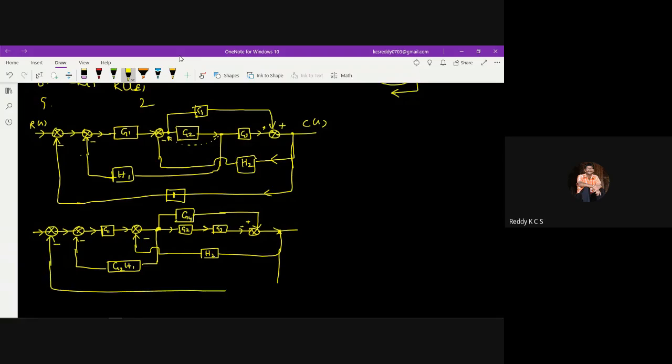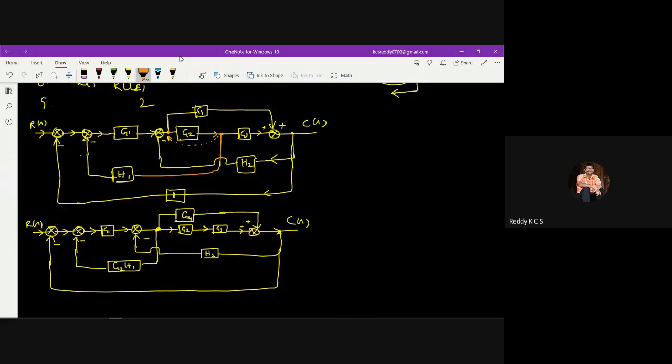So what change have I done here? This is C of S and this is R of S. What change have I done here? If you look at this, this signal, I've shifted to this side. It means that there is a change happening here. Shifting a takeoff point